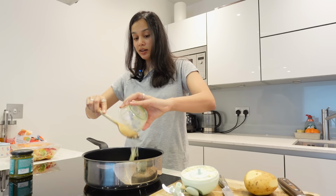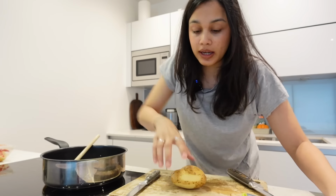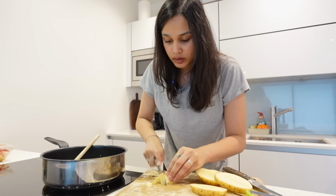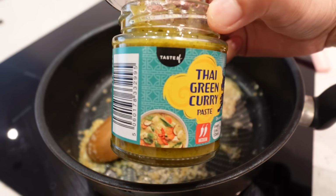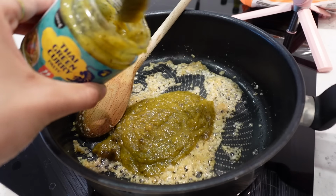We got a lot of garlic. I have gone crazy with the garlic. Okay, next I am gonna cut my potato. The garlic already smells incredible. This is 200 grams, and it says to put 100 grams of this in, so half of this. That seems like a lot, but...